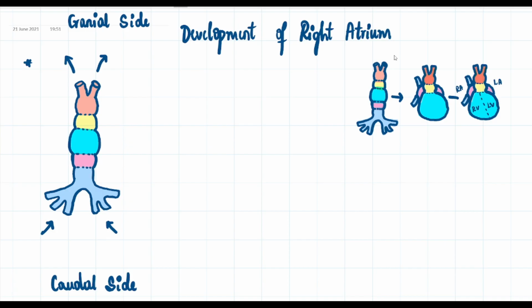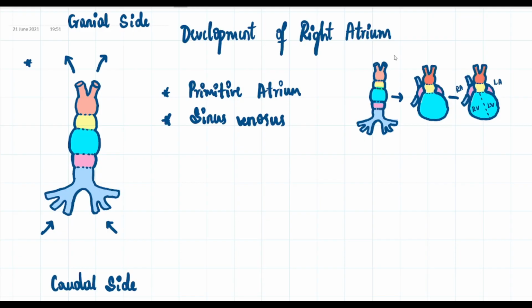Okay, see here. The right atrium develops from two parts. First one, primitive atrium, and the second part is by the absorption of the sinus venosus. I will label the parts here. You will come to know the sinus venosus goes into the primitive atrium. Okay, let me write sinus venosus. These two contribute to the development of the right atrium.